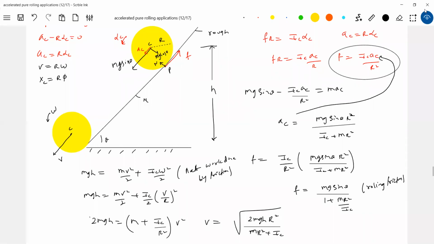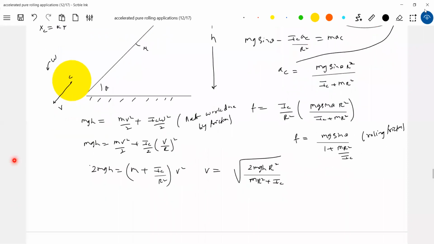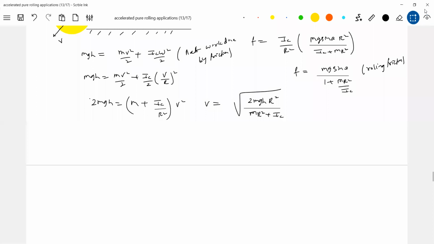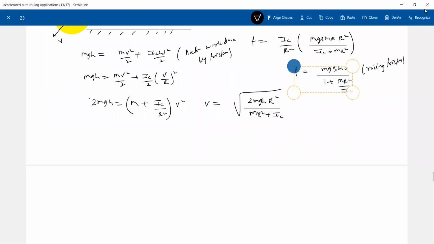So we have the expression for friction, no? mg sin theta by (1 plus mr square by Ic). That we will take here now. For any friction, what will happen? What will be the rolling friction basic idea? It should be less than the limiting friction, no? Then we can call it a rolling friction for no slipping. Let me keep this formula in hand.